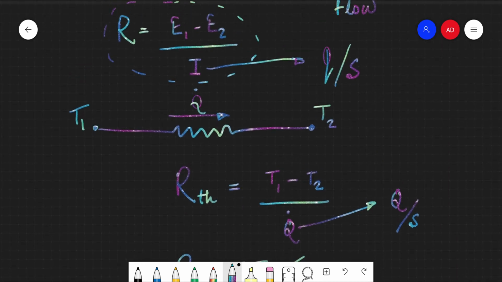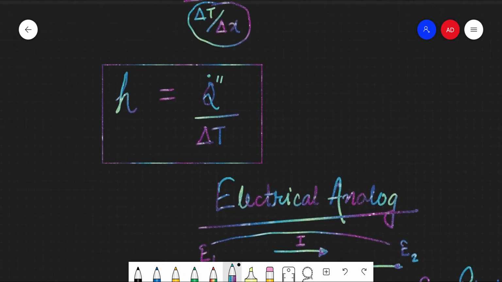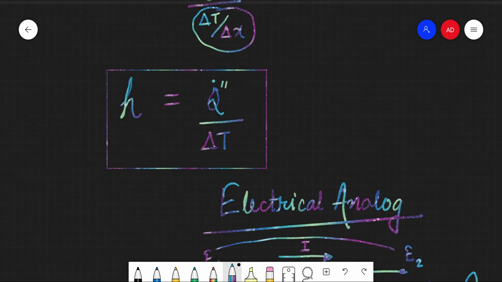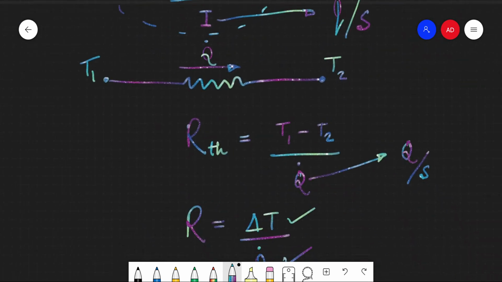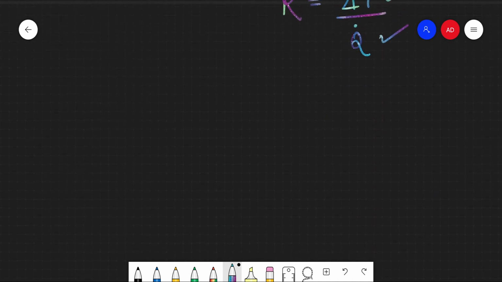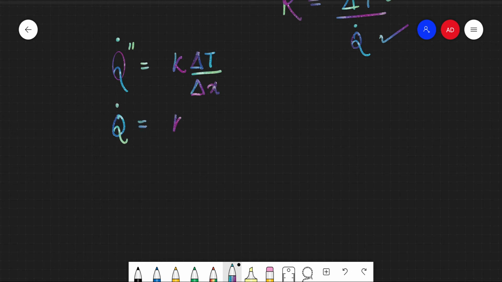Now we go back to our concept of heat transfer coefficient, right? So remember this formula. Now we are going to do some jugglery with it so that we get some good insights. Now for conduction, Fourier's law of conduction states, okay, let's take magnitude, so no negative symbol now. So this will be K delta T by delta X, but this is per unit area. So if I wanted to write down the heat flow rate, that would have to be multiplied by the area, right?